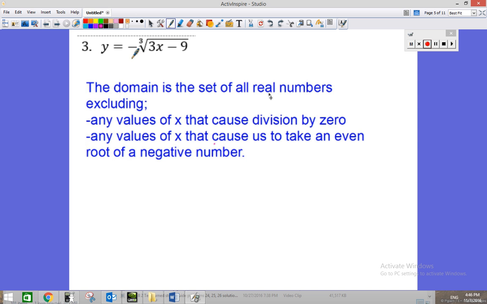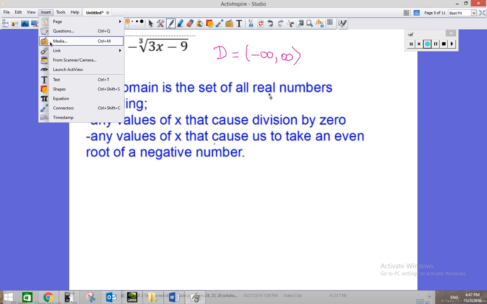Alright, so what do we have with this problem? Well, I do not see any variables in a denominator, so I do not have to worry about values of x that would cause division by 0. And remember, the key here is an even root. This 3, this is an odd root. So I don't have any even roots, so I don't have to worry about negative numbers with odd roots. So since I don't have to worry about either of these exclusions, my domain is a set of all real numbers. So the domain is all real numbers. Now for the range, we're going to have to go and look at the graph and